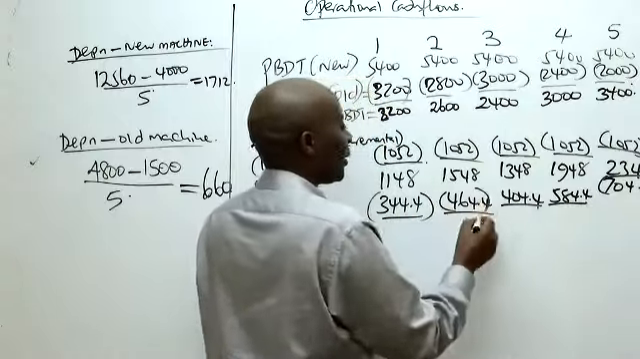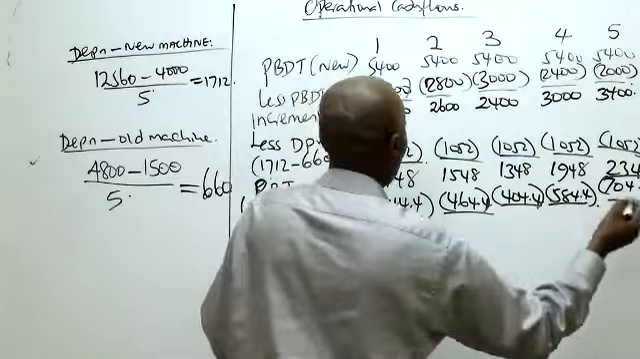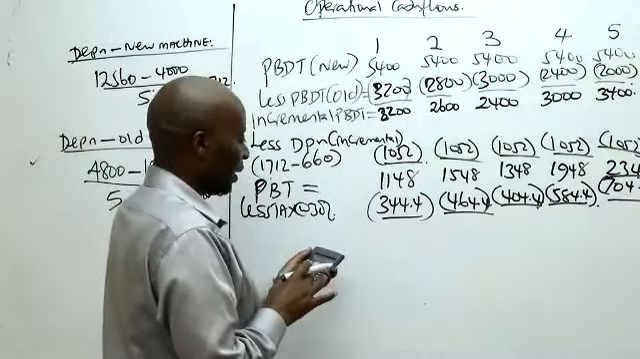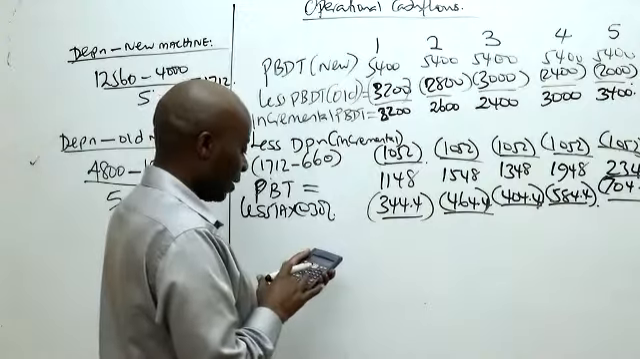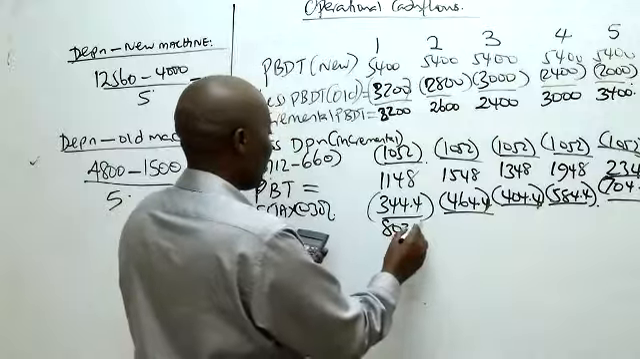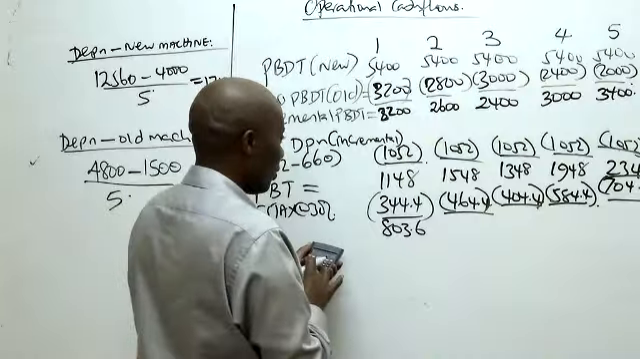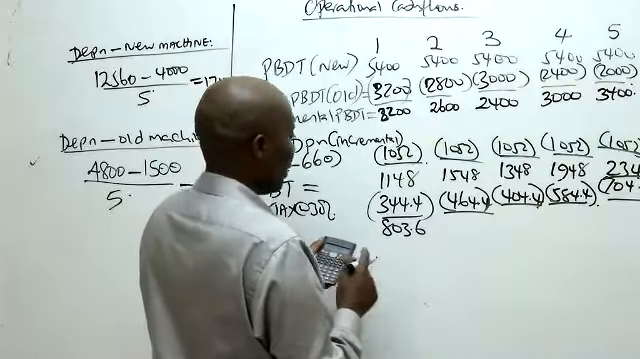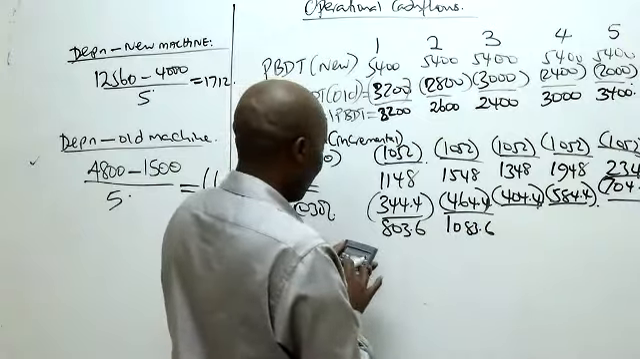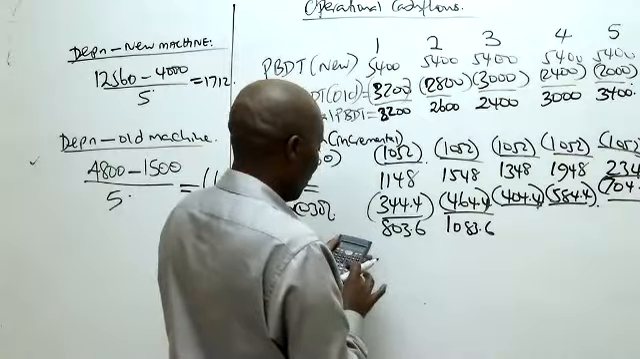So you subtract. So we have here 1148 minus 344.4, which will give us 803.6. 1548 minus 464.4, which will give me 1083.6. 1348 minus 404.4, which will give me